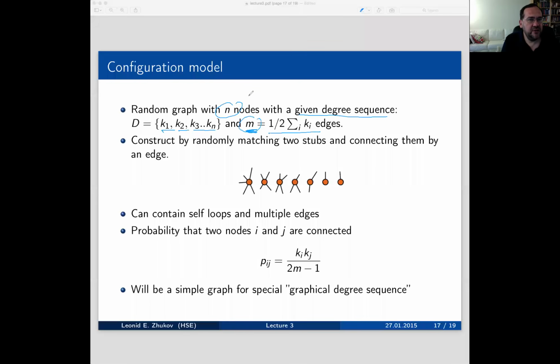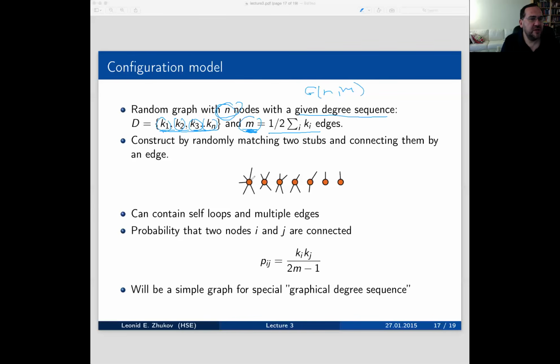And by doing so, we're building something like this G(n, m) model, where by selecting n and by providing a degree sequence, we're selecting m. And then what we're going to try to do is construct a graph out of those by randomly matching the nodes in such a way that we satisfy those degrees.